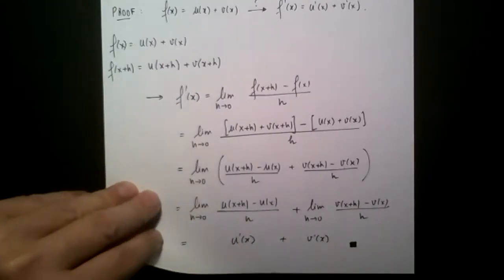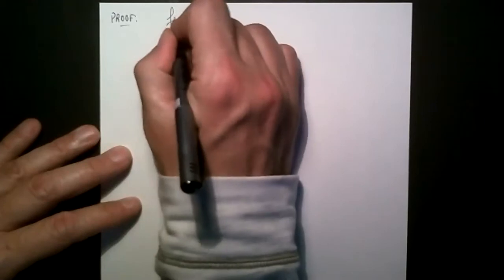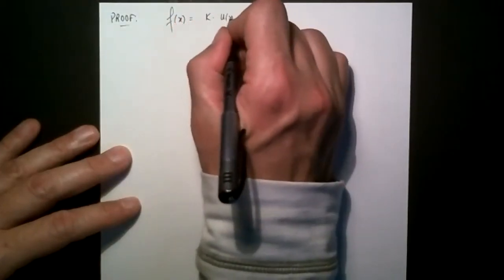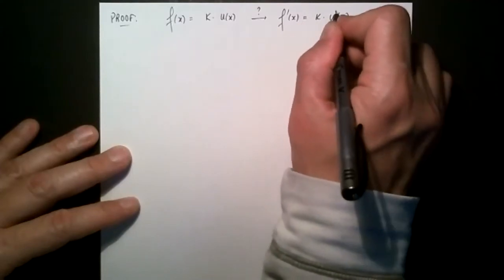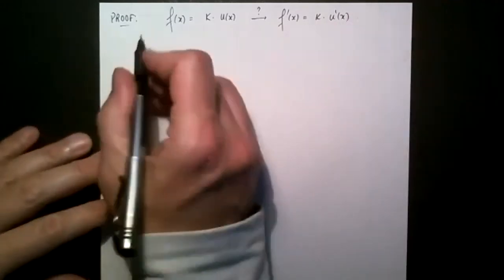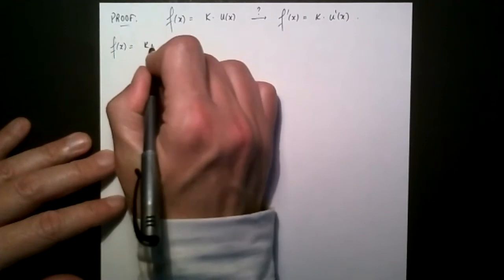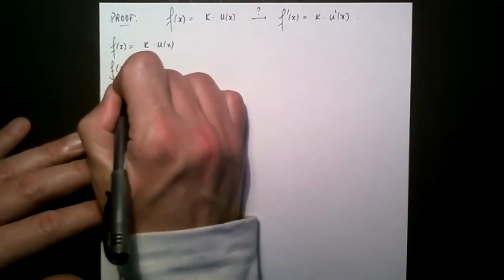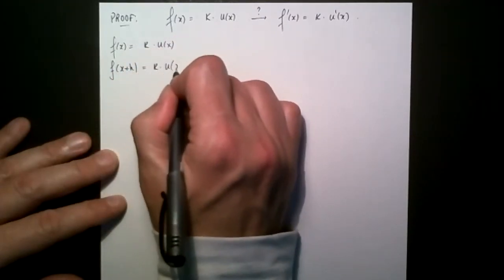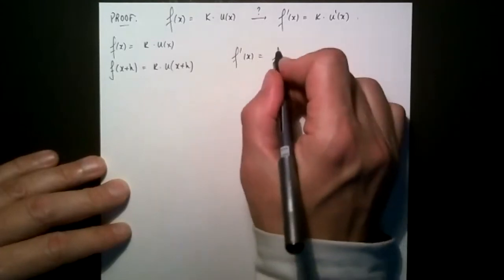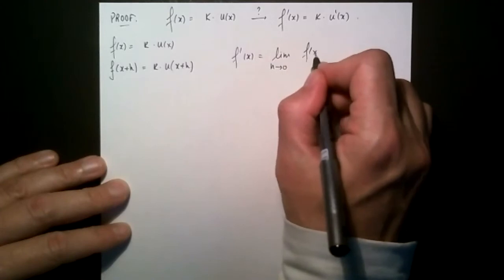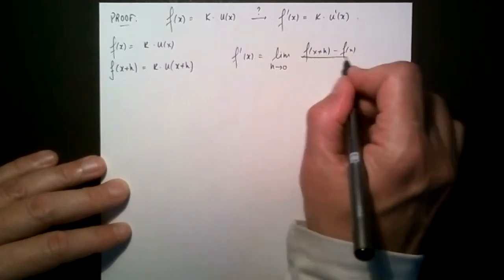Okay, let's go next. Last one. Another proof: that if f of x is equal to a constant k times u of x, then f prime of x will be k times u prime of x. So same idea. f of x is k times u of x. f of x plus h will be k times u of x plus h. So f prime of x is the limit as h approaches 0 of f of x plus h minus f of x over h,